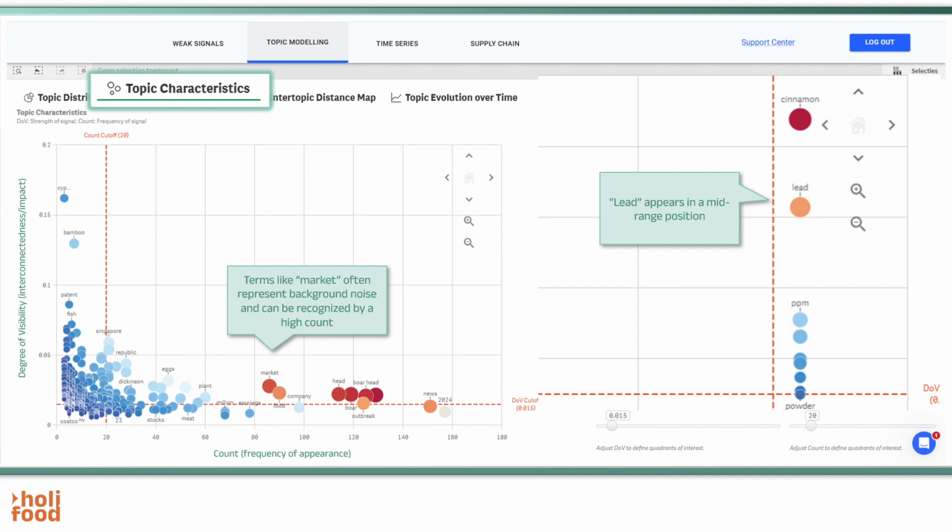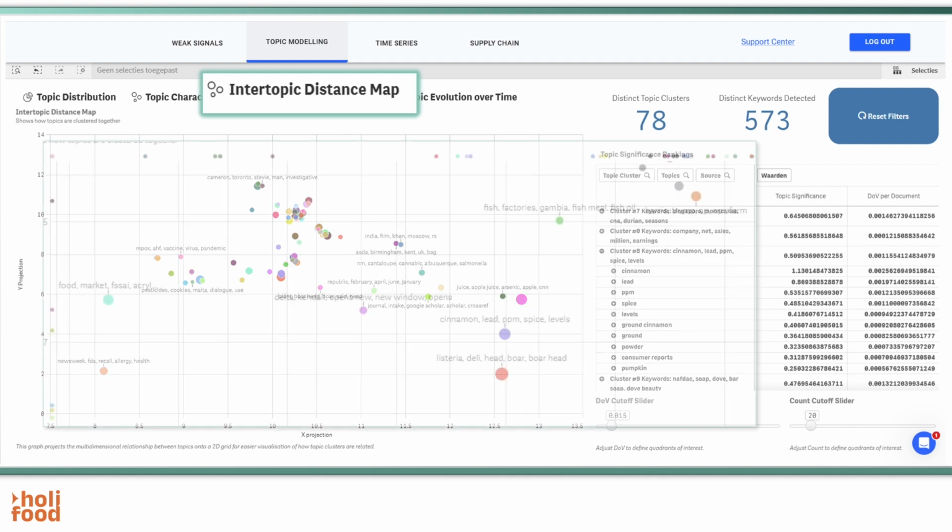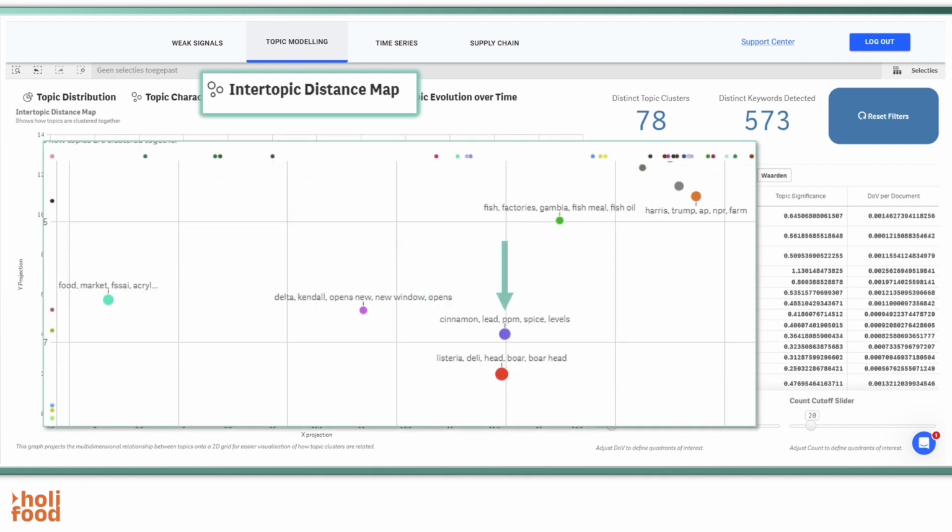Next, we move to the intertopic distance map. The intertopic distance map visually represents conceptual relationships between themes. Let's see if we can find cluster 8. Cluster 8 appears spatially isolated from other topics, indicating it represents a distinct risk profile rather than overlapping with existing concerns. While some adjacent clusters like egg